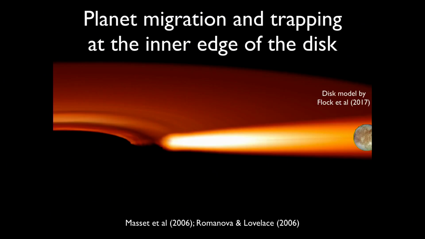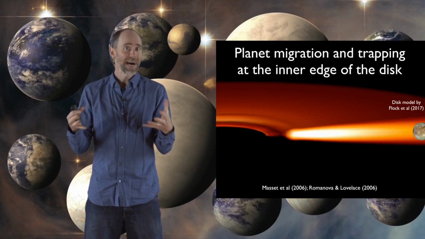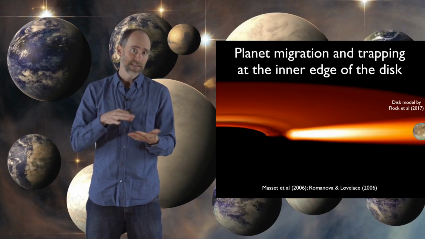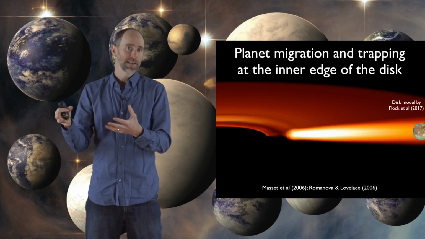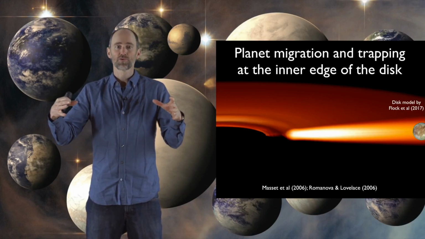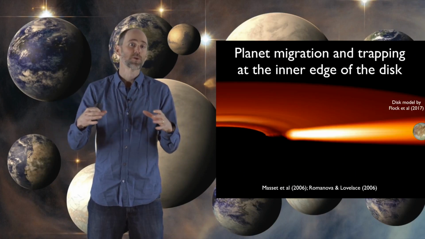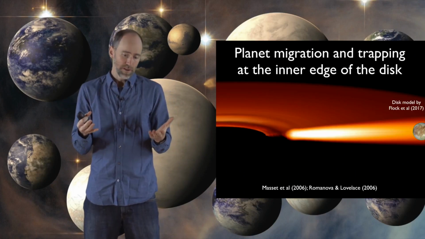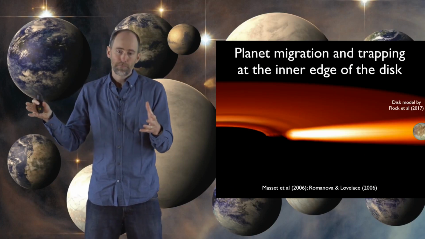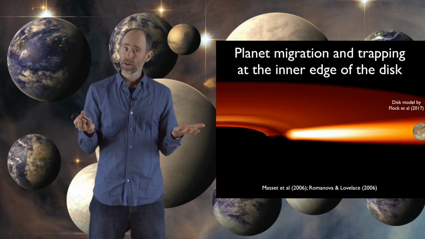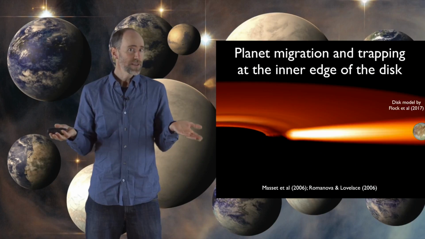And you might ask yourself, well, can planets just form, and migrate and just fall onto their stars? And the answer to that is no, they can't, because disks have inner edges, and those inner edges act as migration traps. So a planet that forms farther out and migrates inward will stop its migration when it reaches the inner edge. It can't fall onto the star.